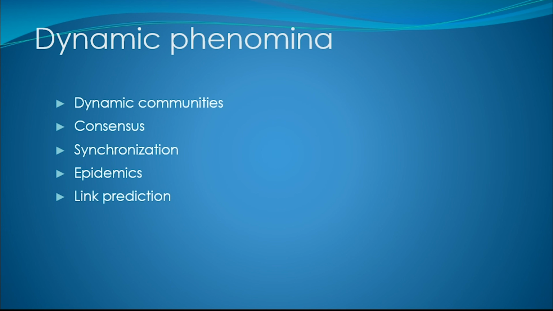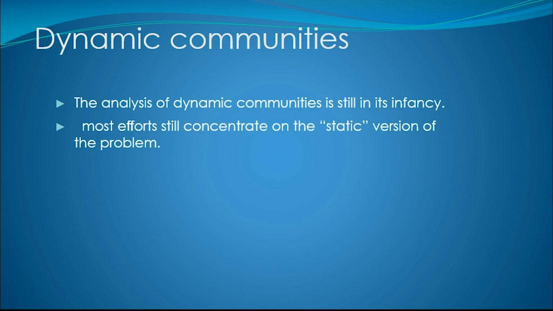Link prediction: what will be the links between two vertices, two web pages? How many links will there be to my web page in the next 5 years? These are all areas. Dynamic community analysis is still in its infancy, because for static communities we have well-defined algorithms, but if you want to find dynamic communities,